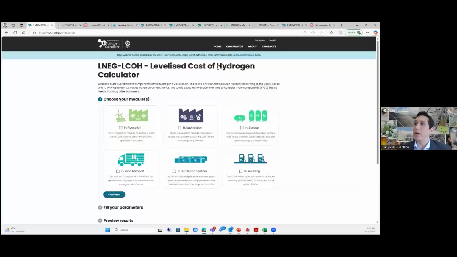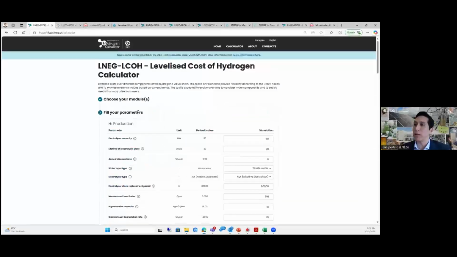And in here, we go to the calculator, let's say, section. In here, you can see graphically the 6 different modules that were presented also by Sofia. And the first one is production. I can select this one. I can select liquefaction. I can select storage, road transport, distribution pipeline, or refueling stations. It depends on the configuration of your, let's say, supply chain or value chain, as you want to say it, okay? And depending on this, we will compute, or, well, I will continue here to see the filling of parameters,